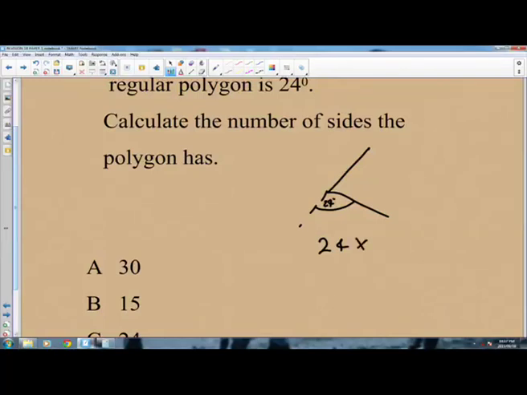Remember, the number of angles is equal to the number of sides. So this will be 24 times n, where n is the number of angles or the number of sides. So it's 24 times n, giving us 360 degrees. Then divide here by 24, divide here by 24 as well. 24 cancels 24, then n will be equal to,